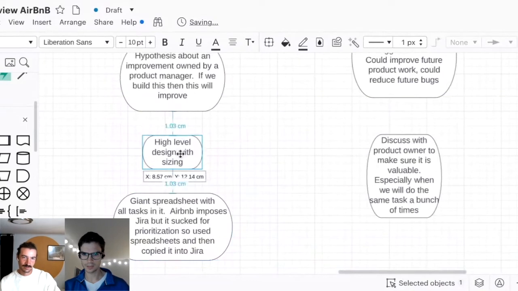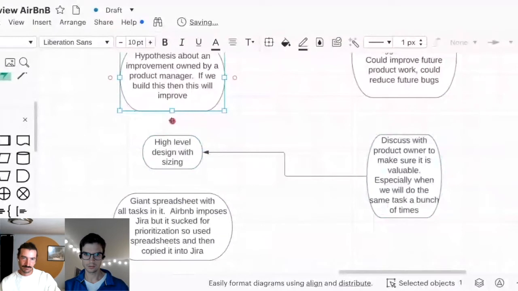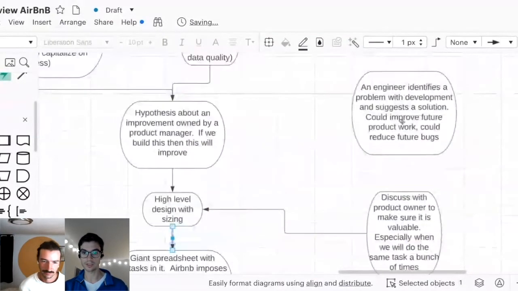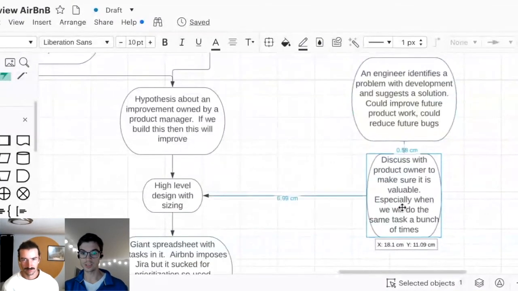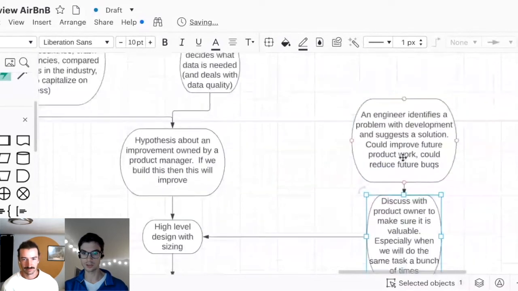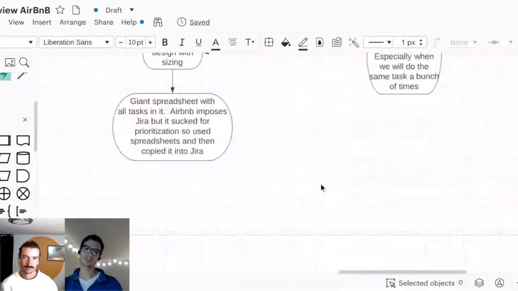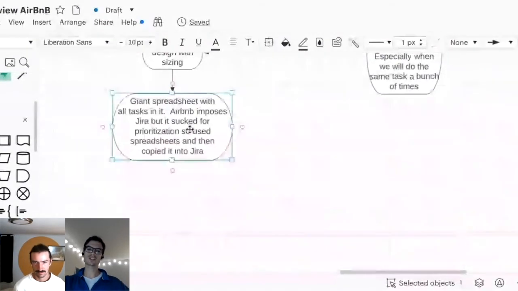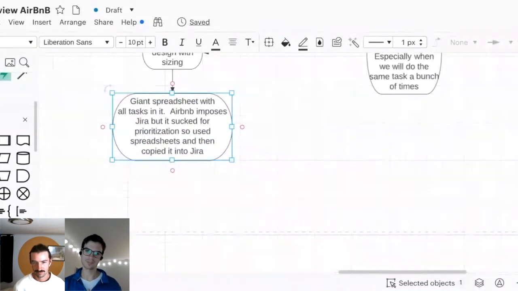And from what you've described so far, it seems like an engineer could decide that there's some work to be done, convince a product manager that they're right and it should be done, and then it would just go in the spreadsheet. Is that really what would happen? Yes, especially for smaller things. So everything just goes in the spreadsheet, and the whittling down process happens after. Exactly. Okay, great.